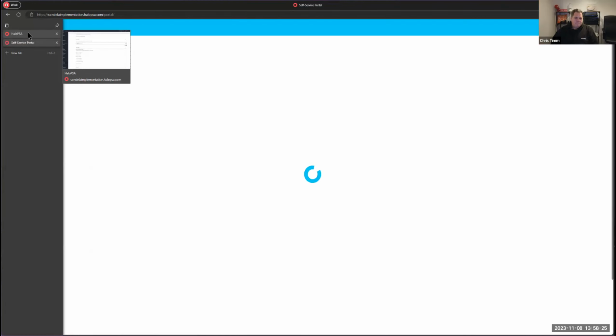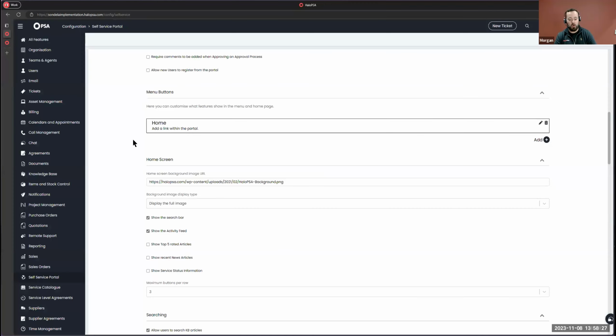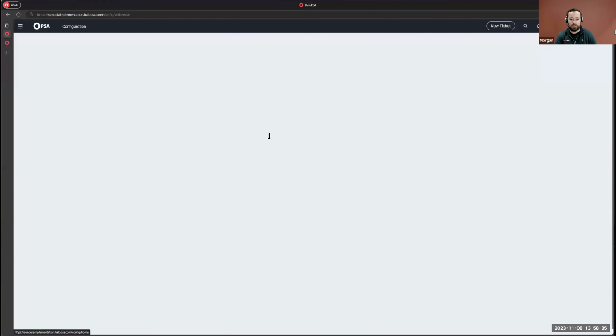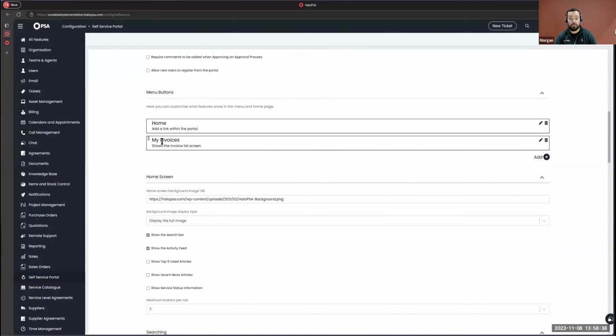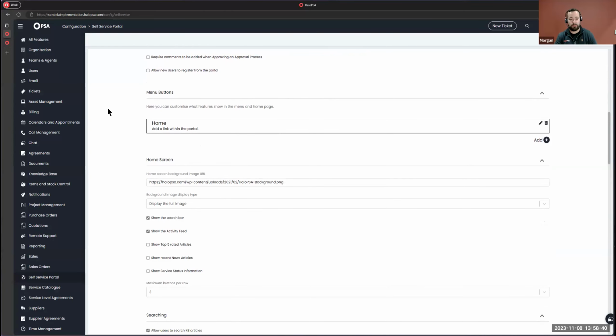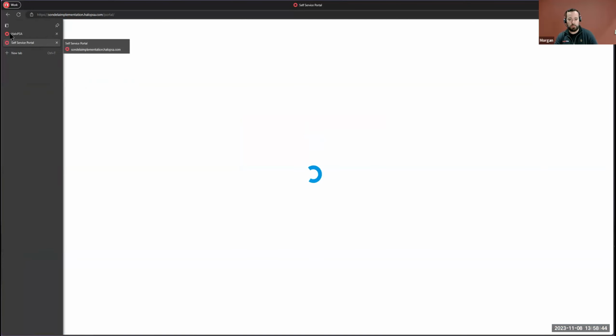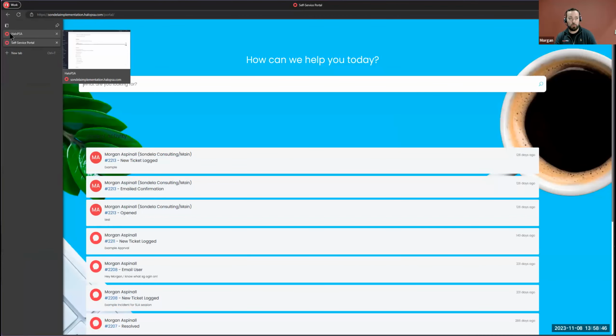And we'll just build out some of these menu buttons. The My Invoices is based on the fact that the menu button's here. So let's get rid of that. Yeah, cool. So let's add a couple of menu buttons in